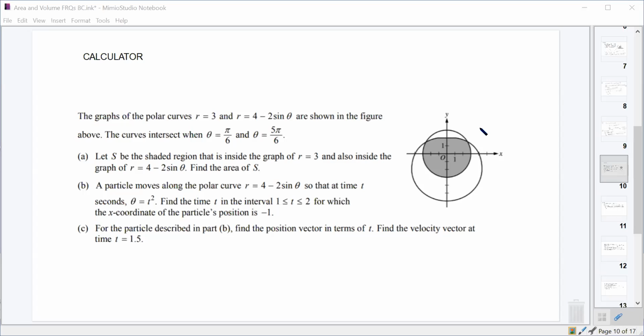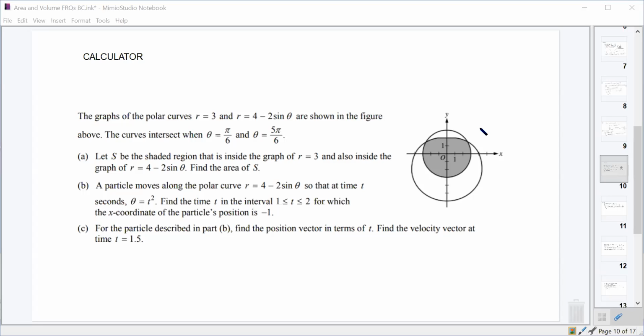All right, so we got another calculator one here. And this time we are looking for the area of S. S is the region that is inside of the circle and also inside of 4 minus 2 sine theta. And we're given that these intersect at pi over 6 and 5 pi over 6. So if we want to find the area of S, we are just going to need to integrate this thing, the outer,